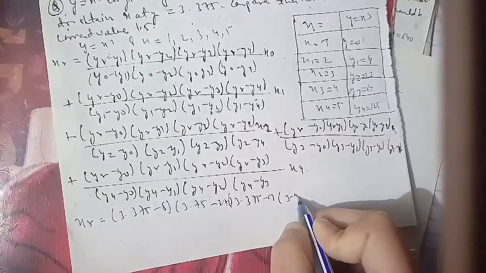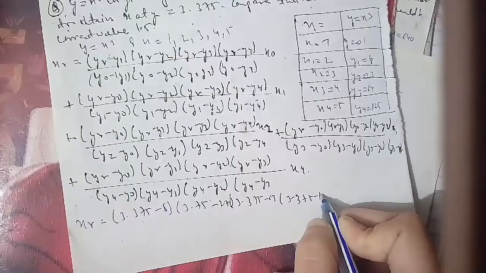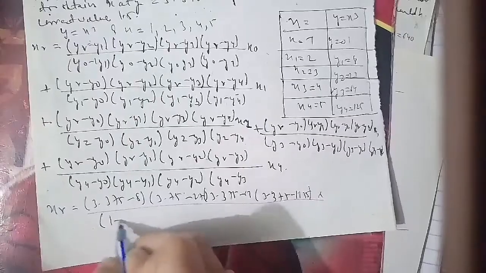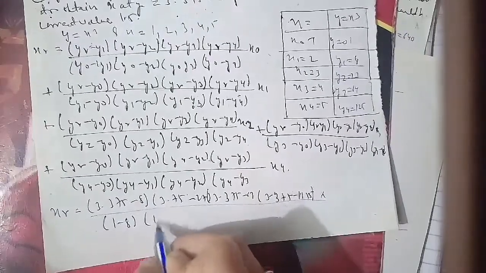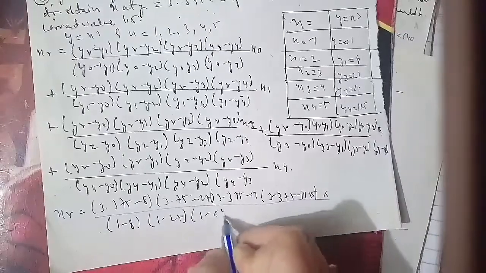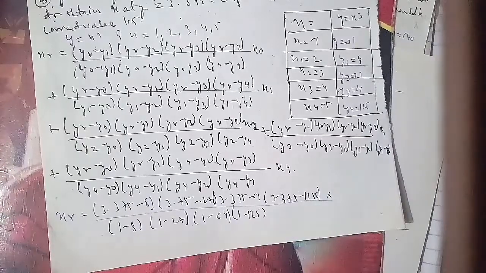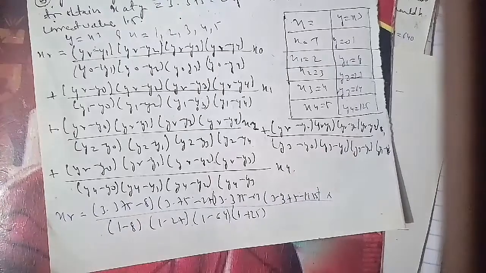So we'll put the values here, plus 3.375 minus 1, 3.375 minus 27, 3.375 minus 64, and 3.375 minus 125, whole upon 8 minus 1, 8 minus 27, 8 minus 64, and 8 minus 125, into 2, plus